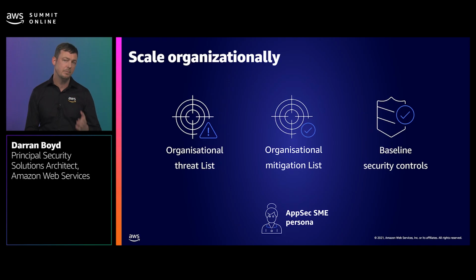Could we take the mitigations that we've identified through this process and add them to an organization's mitigations list so that the others could use it as an input into what are we going to do about it? And importantly, thinking big, they'll be considering which mitigations we found here could potentially become baseline security controls for the organizations implemented at the platform level. For example, perhaps the advanced security feature of Cognito should be enforced as a baseline security control for this organization. This starts to put in place organizational protections and mitigations and reduce the amount of per workload or per feature mitigations that need to be put in place.